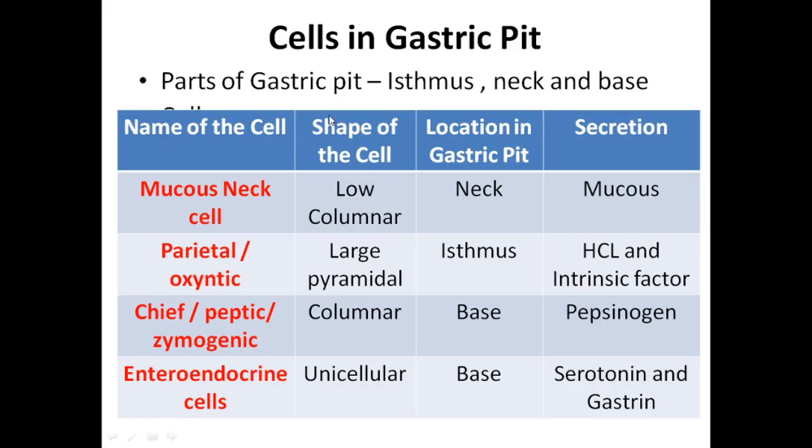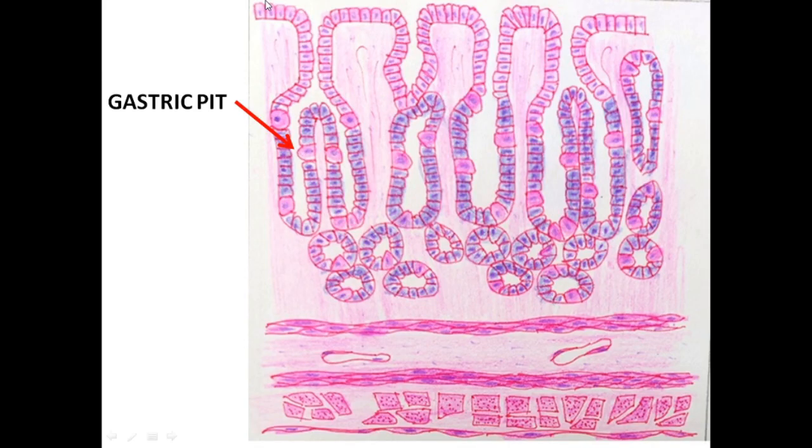The parts of the gastric pit include the isthmus, neck, and the base. There are 3 parts. If we start from the lumen going into the deeper aspect, then there is the isthmus, that is at the junction of the surface of the lumen and the gastric pit. Then the part immediately below it, the narrow part, is called the neck, and the broad major part forming the major part of the gastric pit is called the base of the gastric pit. So here, this part is the isthmus, this part will be the neck, and this larger part will be called the base of the gastric pit.